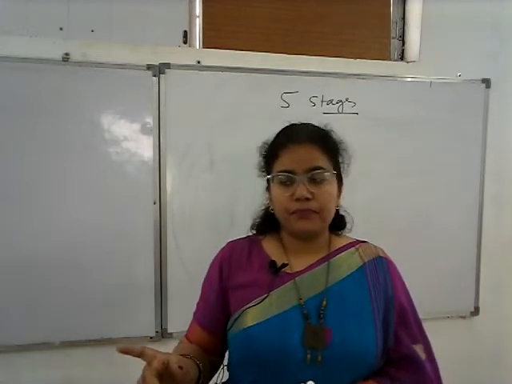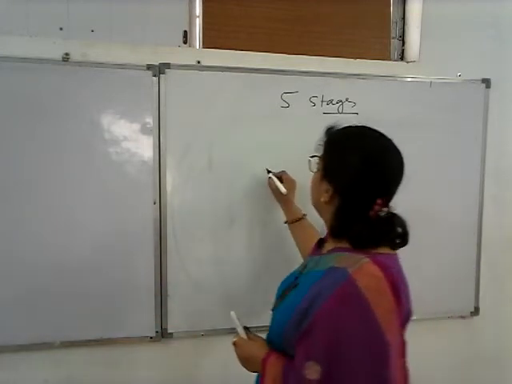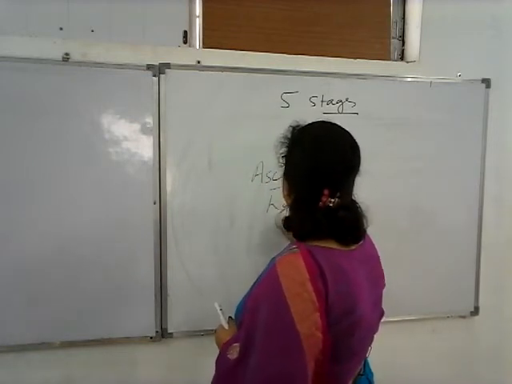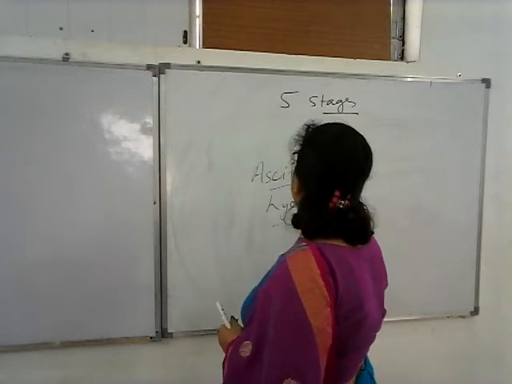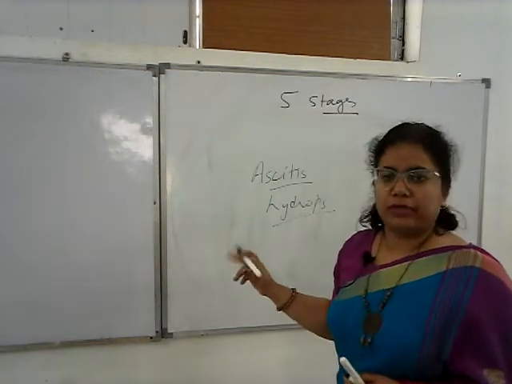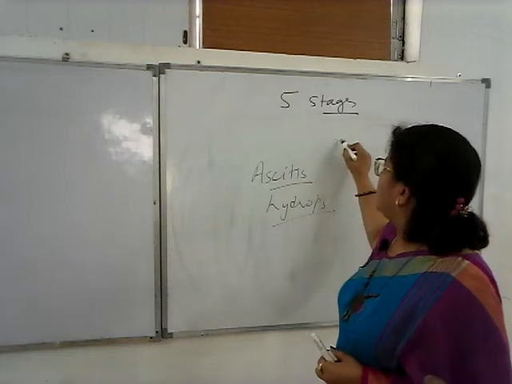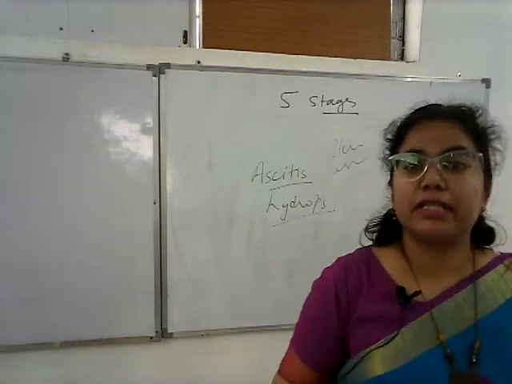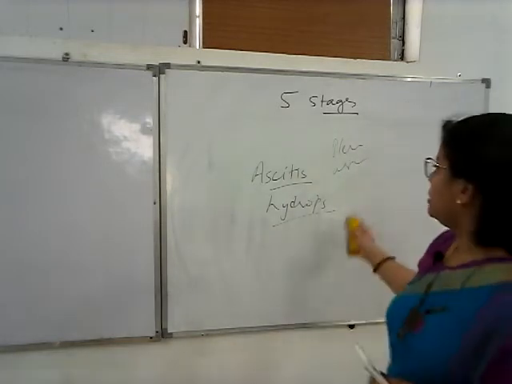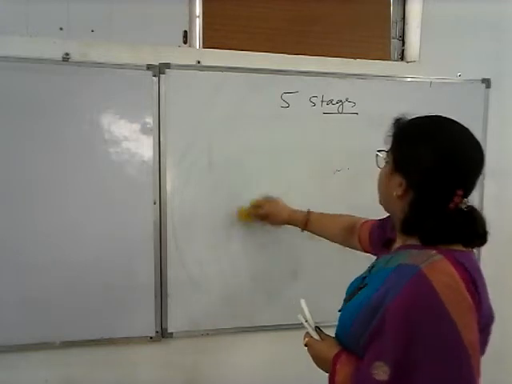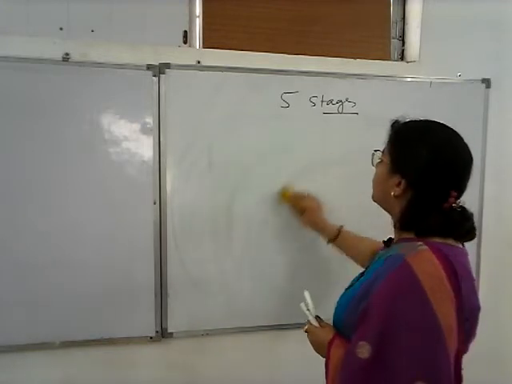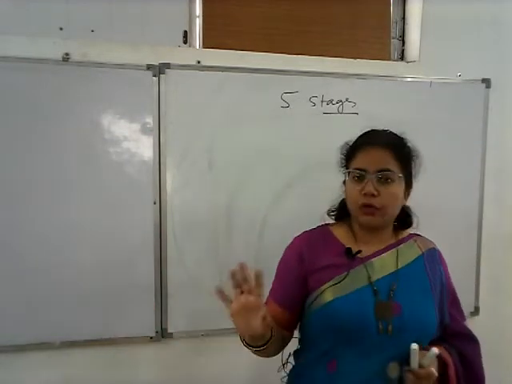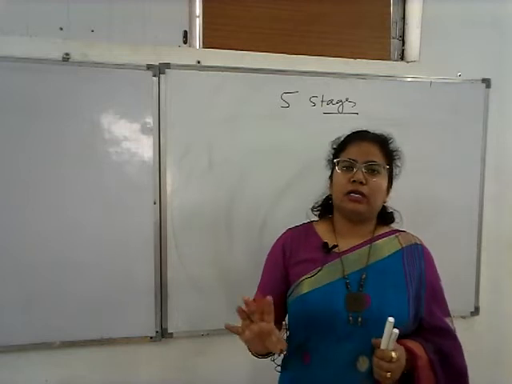Now what is stage 4? When you can observe ascites or hydrops, that means collection of fluid in 2 or more cavities, that is pleural fluid, ascites. Then it is called stage 4. Even if the Doppler studies are not affected, we say it is stage 4. And what is stage 5? Demise of either one of the twins is labeled stage 5.